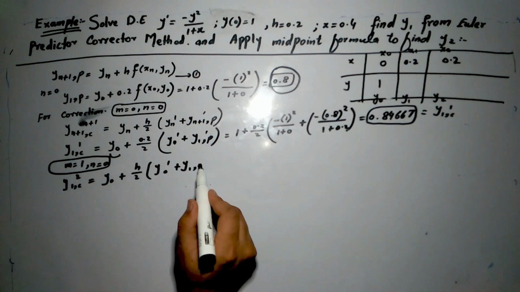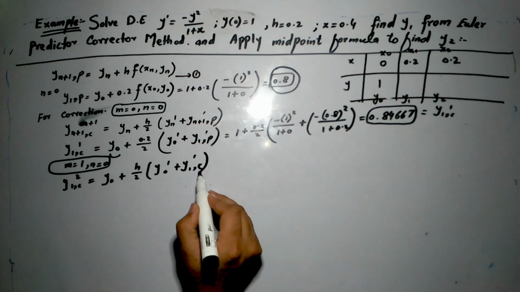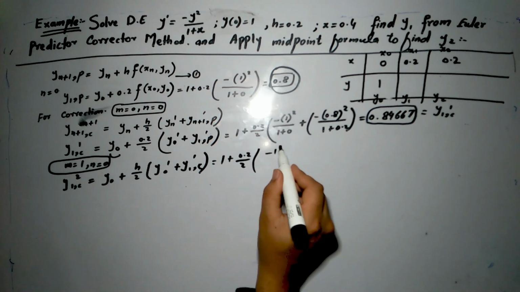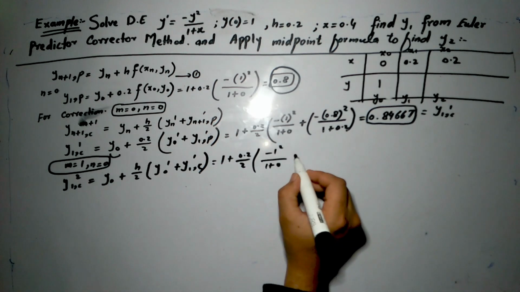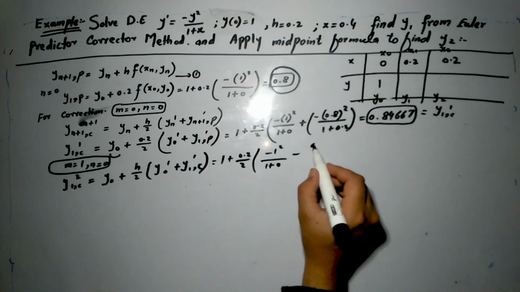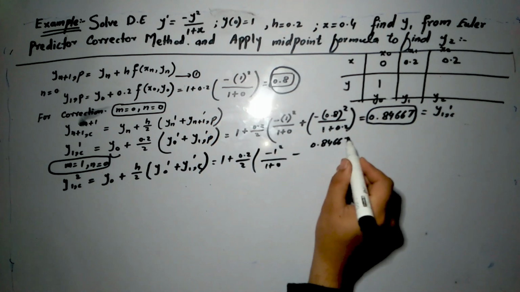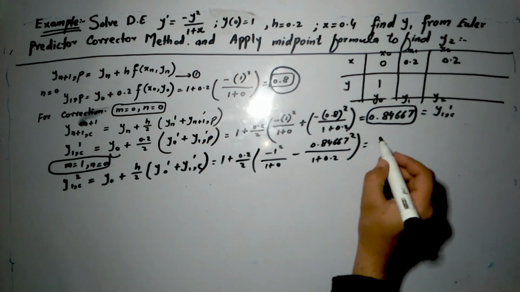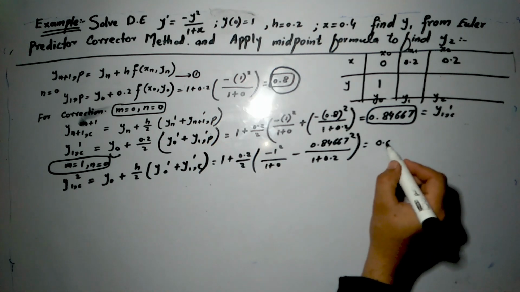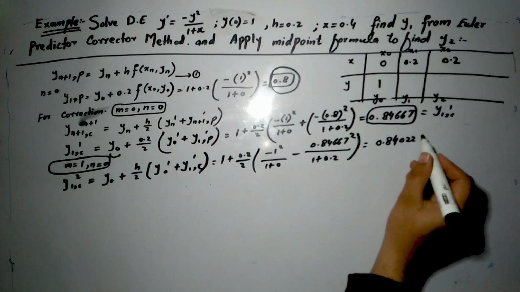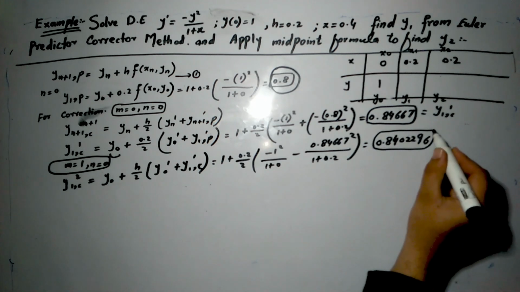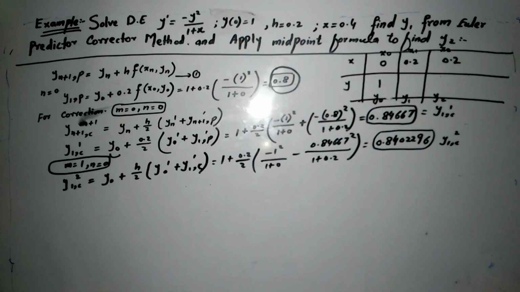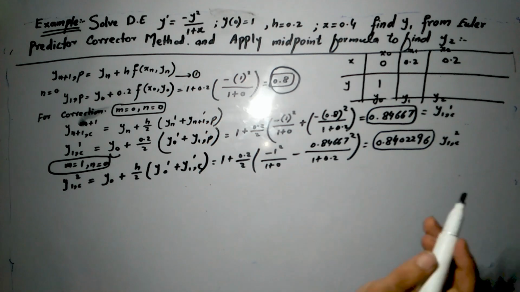This will be equal to 1 plus 0.2 over 2, minus 1 square over 1 plus 0, minus 0.84667 square over 1 plus 0.2. So after simplification this will be equal to 0.8402296. This value is equal to y1 of c, second correction. Similarly, if I apply third correction, m will be equal to 2 and